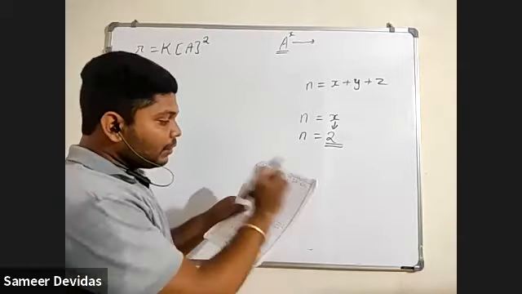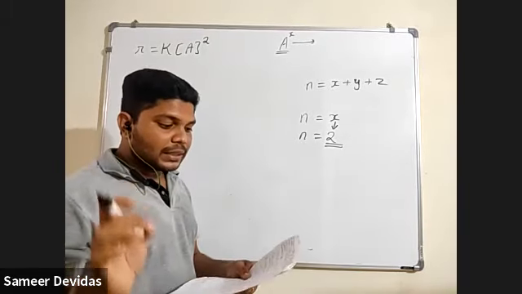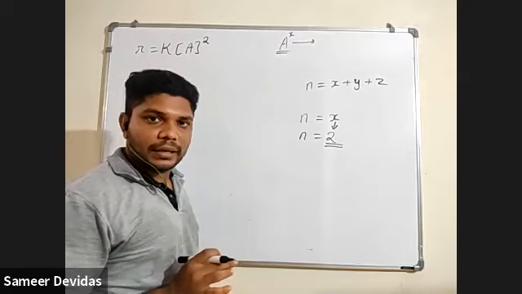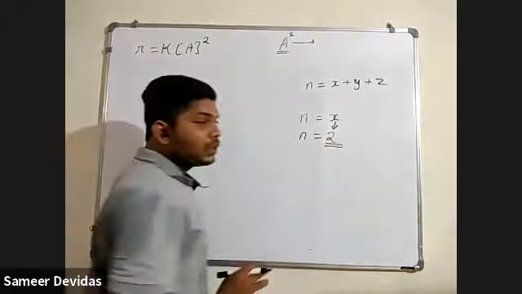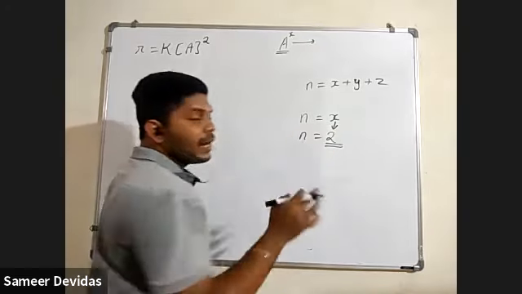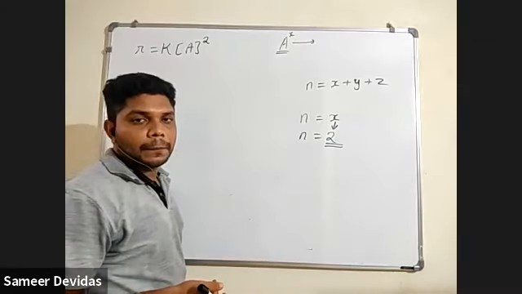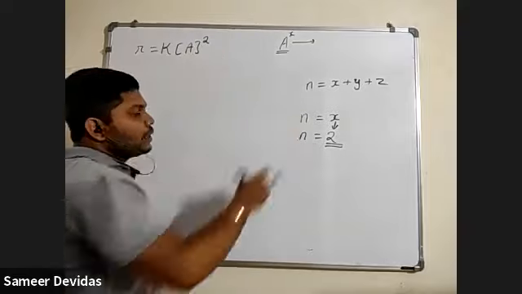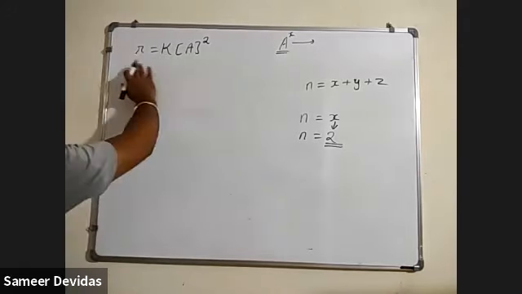Now in the statement, they have said a reaction is second order, right? Yes, sir. So that means n is equal to 2. Second order means n is equal to 2. Now for n to be 2, what will be the x? 2. So A raised to x, so A raised to 2 we need to write. Clear? Yes, sir. Okay. So this is the rate law.